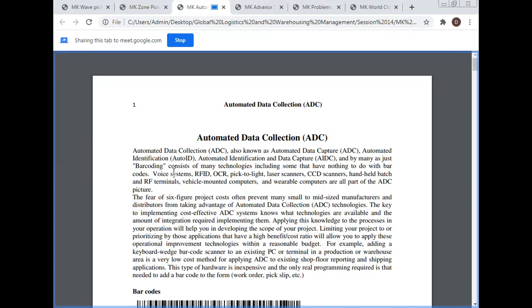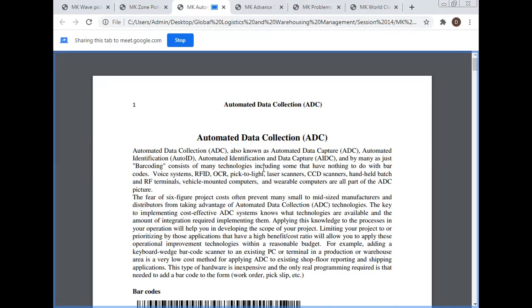In a library, you have seen in the college how the books are collected automatically. This is one of the examples of the barcoding. So that type of the barcoding may be used in the warehouses. How the automated data collection is done in the warehouses. You have seen the better example in your library, how the books are issued and how the books are returned in the library. This is a similar process as the automated data collection.